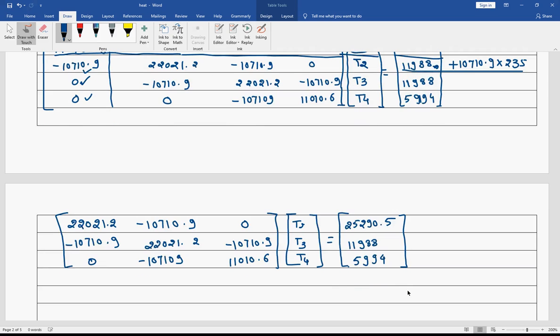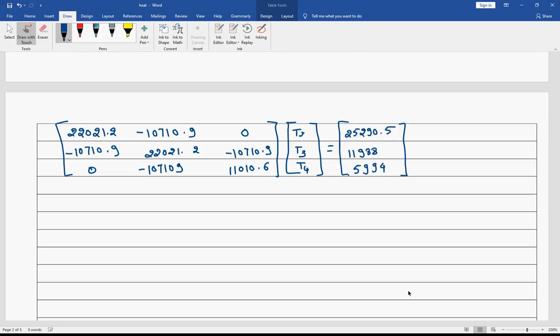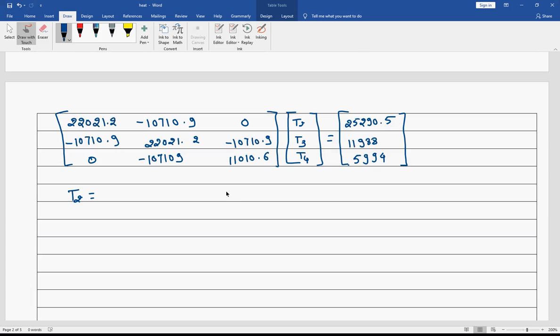Now you can use your program. In examination, you have to solve by Gauss elimination, or else you are not going to get marks. So you will get marks up to this, and after this, whatever you solve, you are not going to get any marks. So ensure you use the Gauss elimination in exam. Okay. But now currently you can use the program.